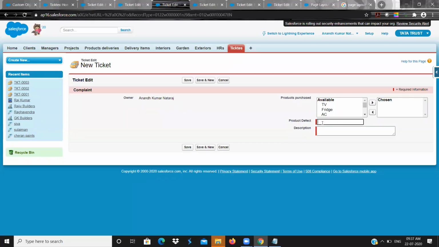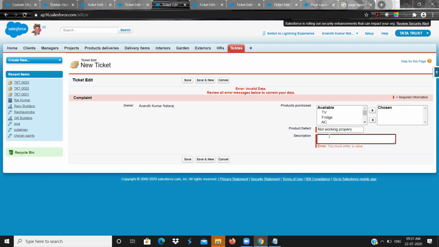Here it says only these two are mandatory fields. If I do not give any value and try to save, it will throw an error. So I need to give some value, like AC not working, and click on save.